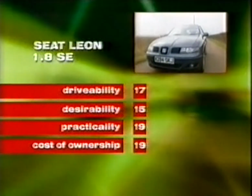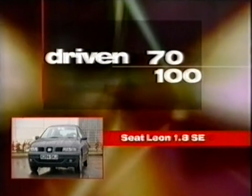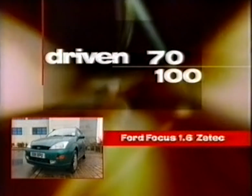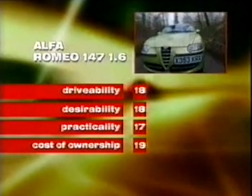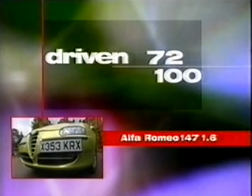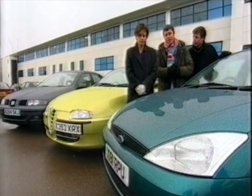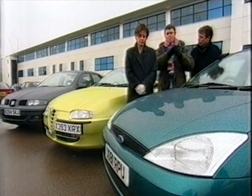The Seat Leon scored an excellent points. But so did the ever-popular Ford Focus, so they share second place. Which makes the stylish Alfa Romeo 147 our outright winner with a scorching 72 points. Seat, a small Spanish company that 10 years ago had nothing to shout about, but now under that big VW umbrella,